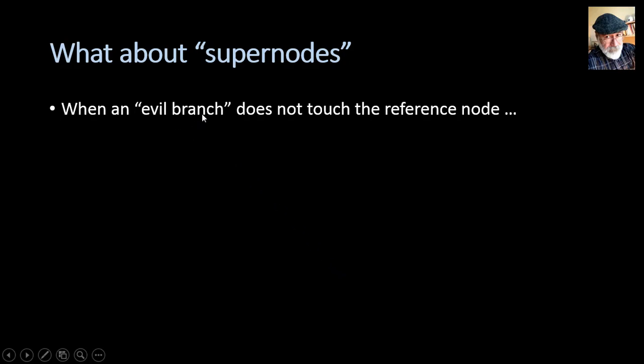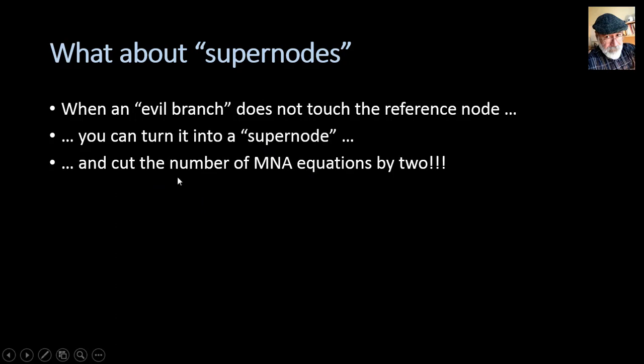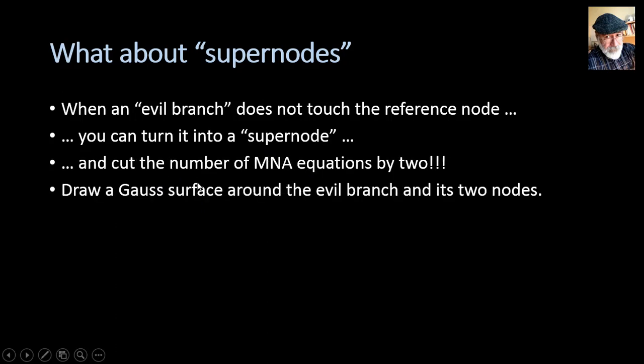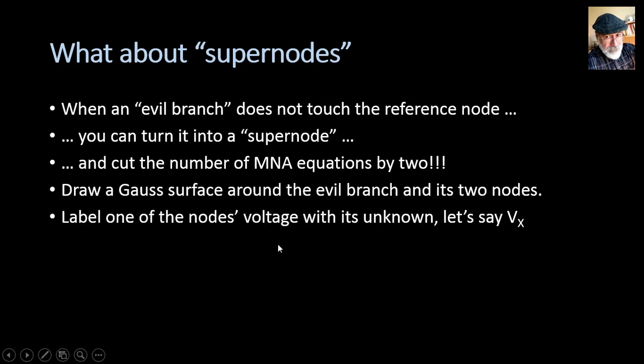When an evil branch is not touching the reference node, which is often the case, you can turn it into a supernode. And you can cut the number of MNA equations by 2 as well. Draw a Gauss surface around the evil branch, including its 2 nodes of connection. And then